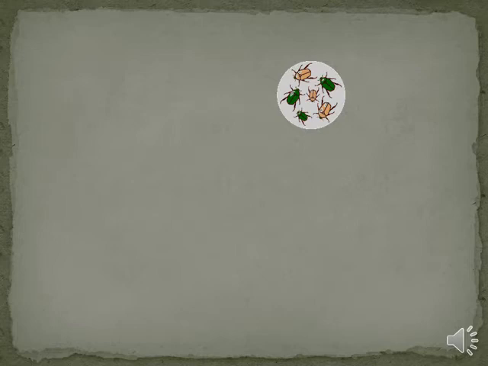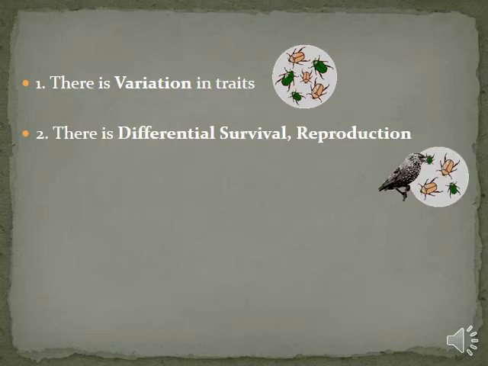Now let's walk through an example briefly here. Let's say we have an imaginary population of beetles. Yes, there is variation in traits, so we can check off the first tenet, the first fundamental for natural selection. Then we see that there might be differences in survival and reproduction. Let's say that one morph of a beetle, a certain color, stands out better against the background, so maybe it's predated upon. There are differences in who gets eaten and who doesn't, so there are differences in survival and reproduction, and we can check that off.